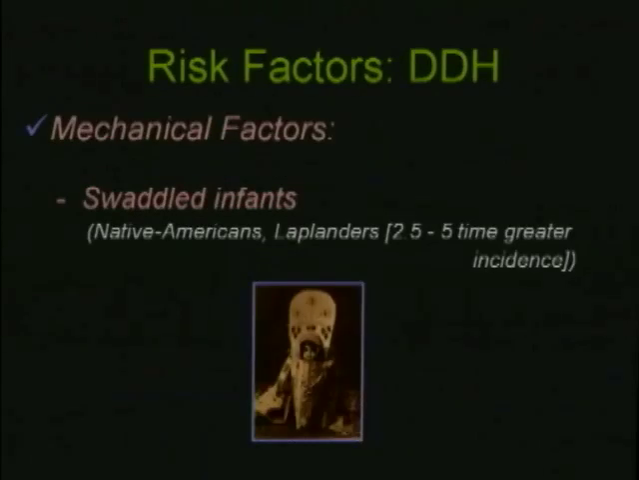Another factor is when people swaddle their infants, and it's well known that there's a higher incidence, by about 2.5 to 5 times what we see in the other populations in the world, amongst the Native Americans and Laplanders, where they actually tie the babies into a papoose with the hips and the knees extended. By putting the baby in that type of an appliance, it is